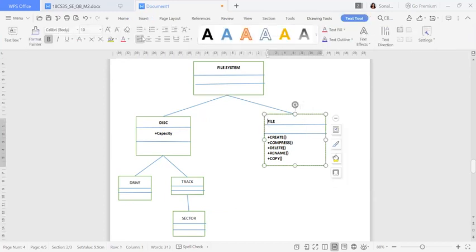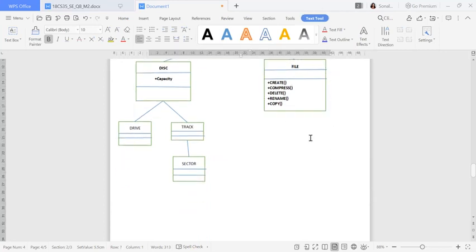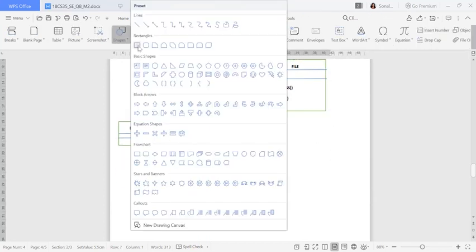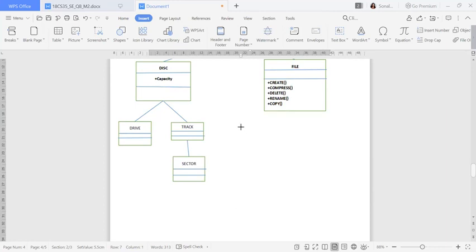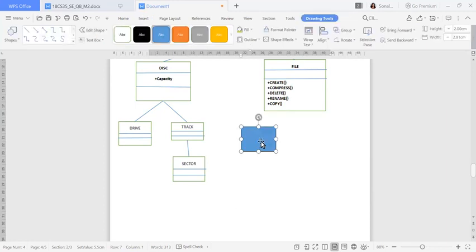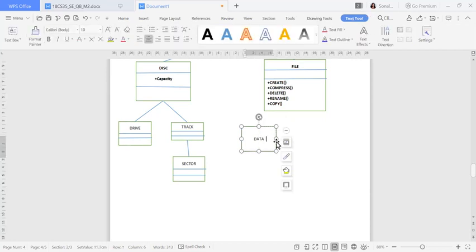is of two types again. So what I will do, I will just create here. One will be your data file. So I'll just write down here data file, and with that you can add attribute name as name, and then you can add some function names.